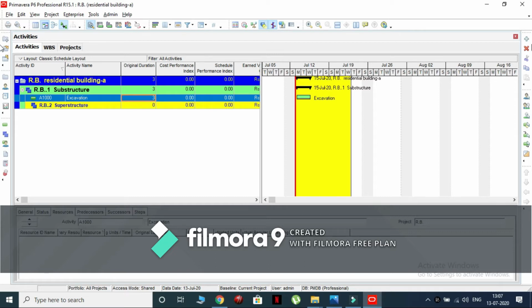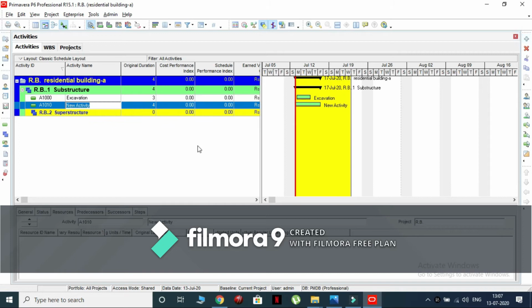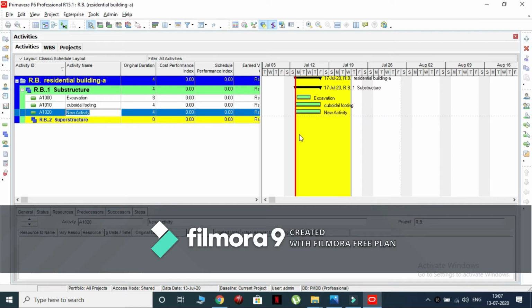Add another activity. Name it as cuboidal footing. Enter the duration as 4. Add another activity. Name it as trapezoidal footing. Enter the duration as 5.